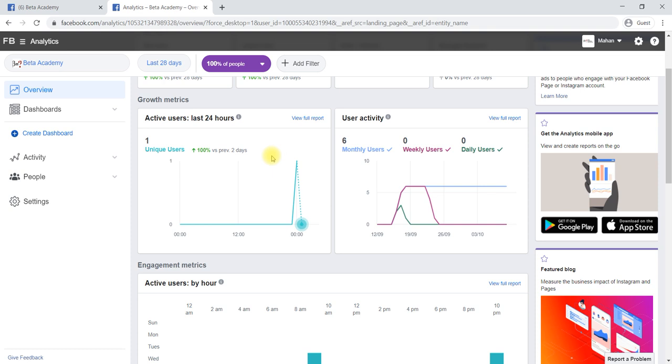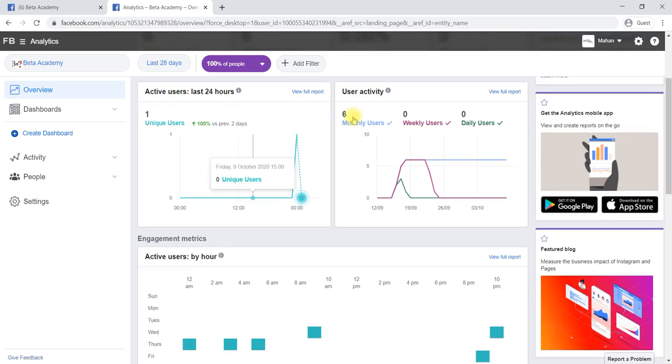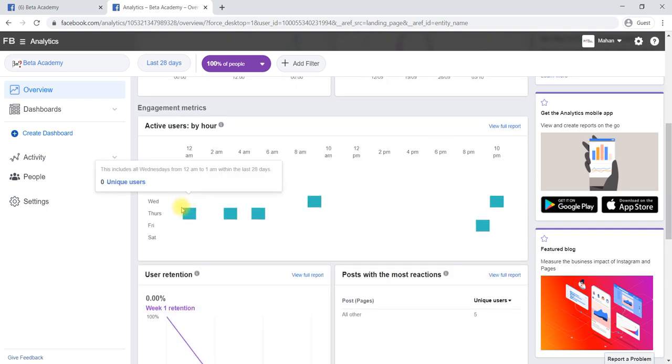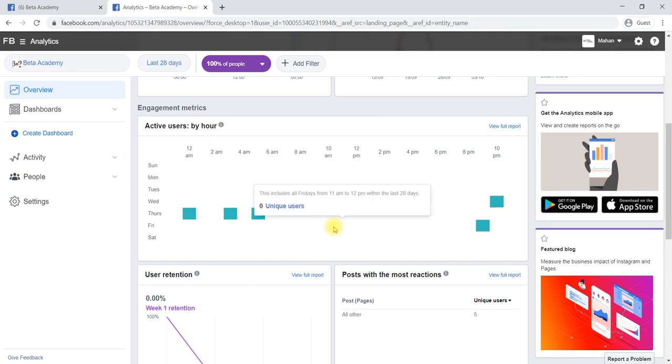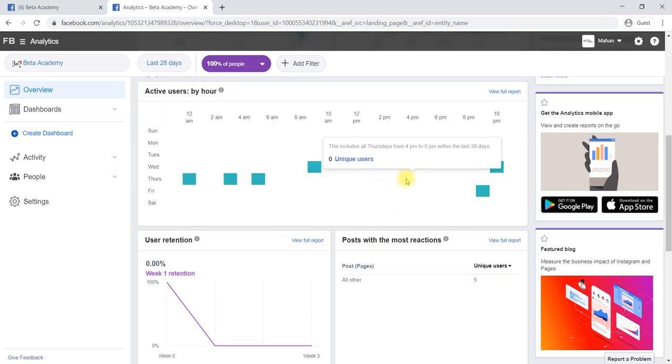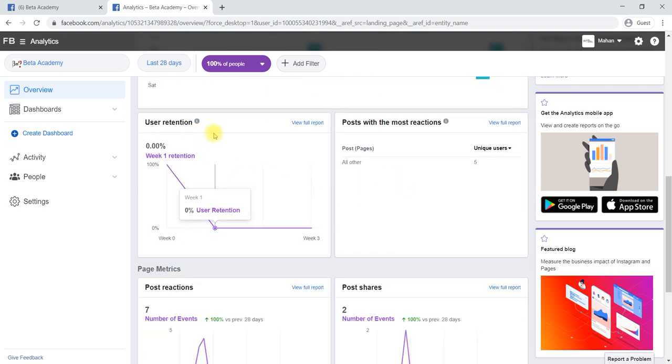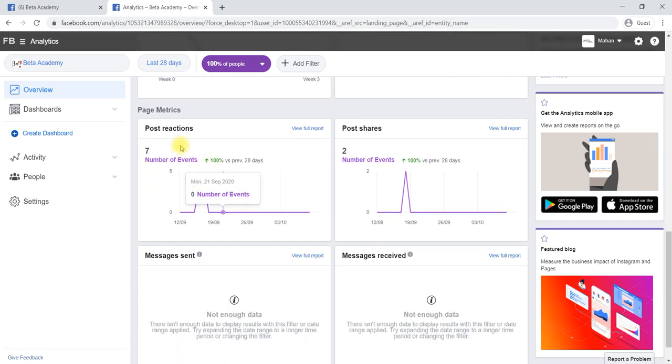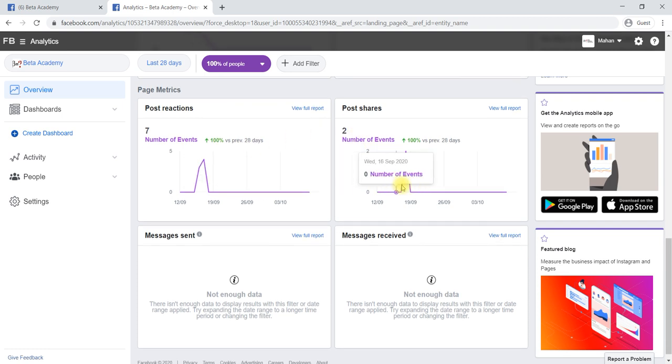And we'll come to know the active users as of now, how many of them are using it. On a weekly basis it will be shown, and on a daily basis how many unique users there are. Here we have selected hourly. And user retention, is there anyone retained again to your ad posts. And reactions, you can check how many likes like this. And shares, is there anyone who shared your post.